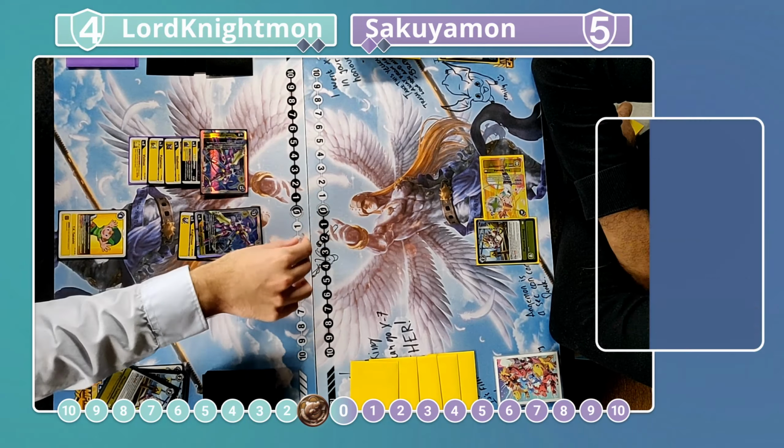This is nearly game on board. Bushiagu, ooh. It's a little bit late, unfortunate. It does get the clear. That Knightmon can't attack because it was played this turn anyway. There's no point spiraling. So just going to climb up the 1. And we do have another...